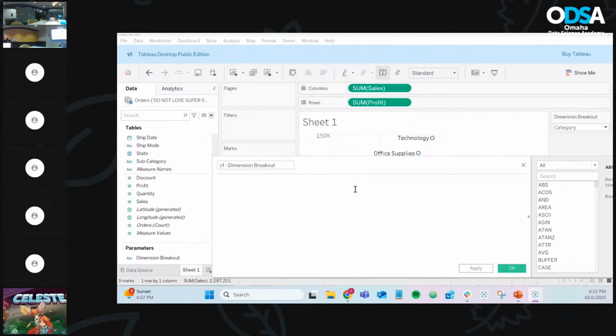And we're almost done. This is all going to come together. Now we're just going to write an if statement that we've already learned about and say if dimension breakout. And again, once you start typing, it should pop up down below. So you can click into it. You can hit enter. It should turn purple. Let me make it a little bigger here. If dimension breakout equals, and then the little single quote, category, then